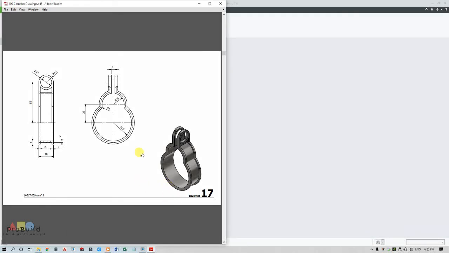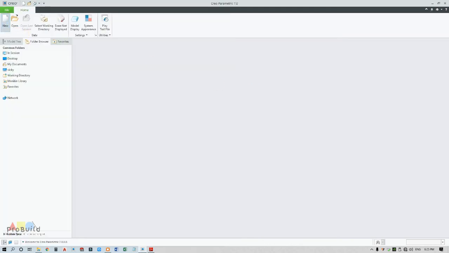So today we'll be discussing how to make this in a 3D model. First, we have a 2D drawing from which we have to work, and I would choose this as my first drawing so that I can achieve the complete 3D model. So we'll start with a new file,